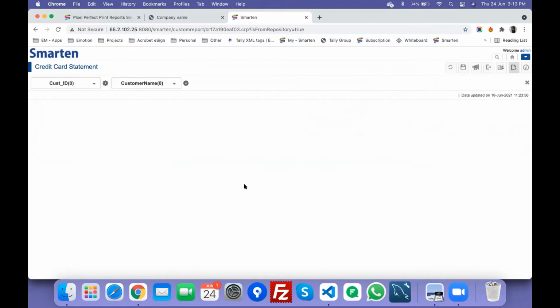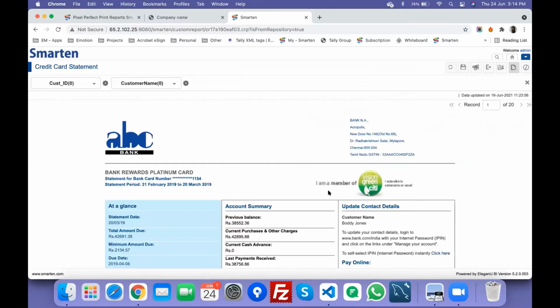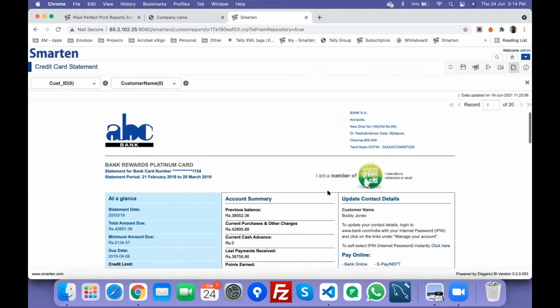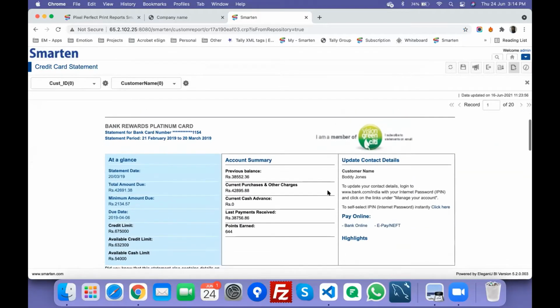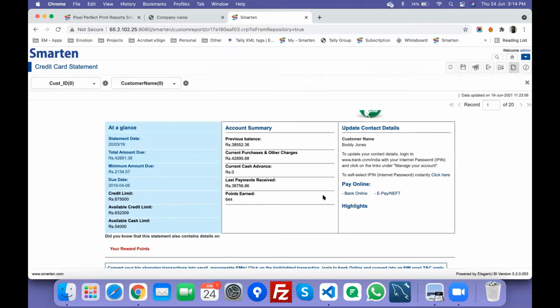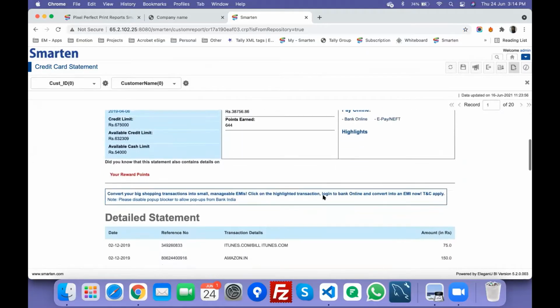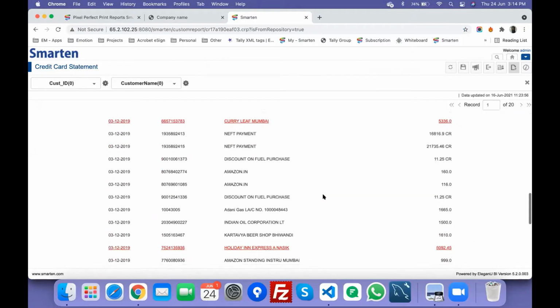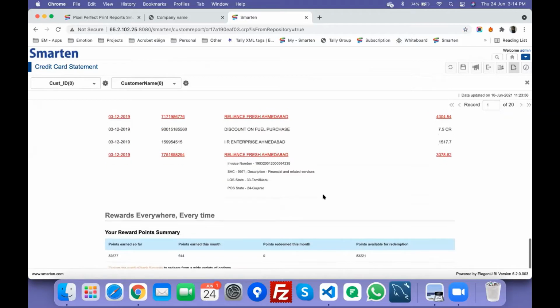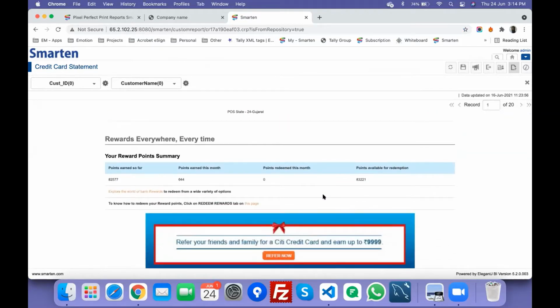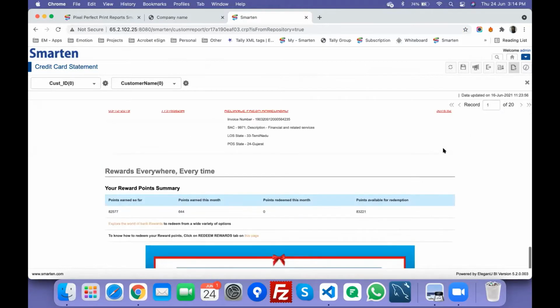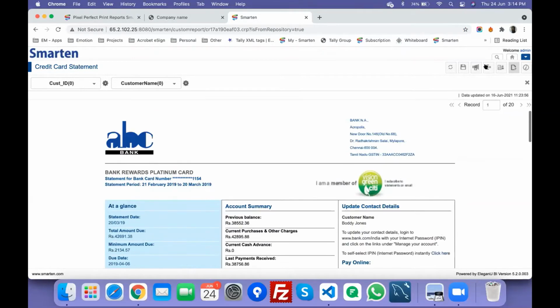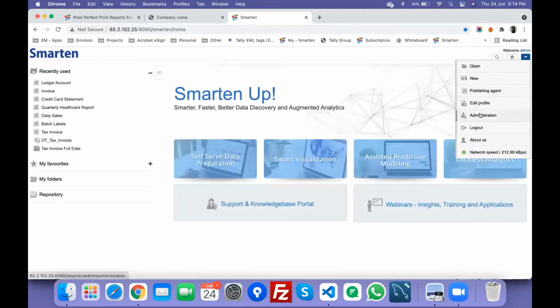So let's take an example of, say, a credit card statement, and in a similar way you can have your branding. You can send some monthly offers along with the statements as well. You can use the conditional highlighters to highlight certain rows in the records that you may want. So any freedom you want is possible. Any combination of reports and graphs that you have generated in Smarten can be embedded in a nicely looking PDF, as you can see. So yeah, use cases are limited.